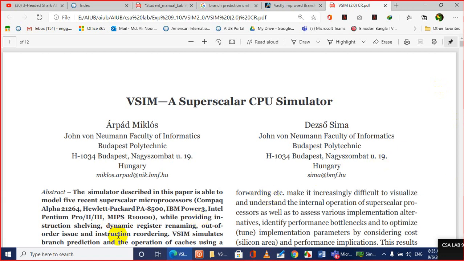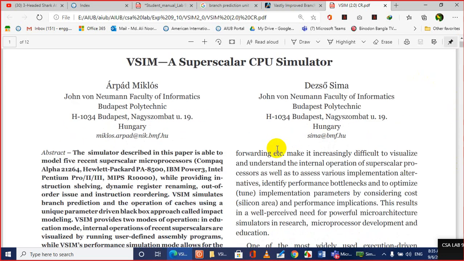While providing instruction shelving, dynamic register renaming, out of order issue, and instruction reordering, vSim simulates branch prediction and operation of cache using a unique parameter-driven black box approach called impact modeling. vSim provides 2 models of operation: in education mode, the internal operation of recent superscalars is visualized by running a user-defined assembly program.